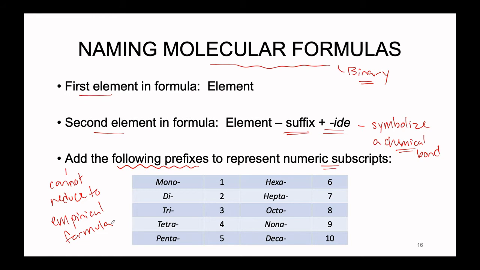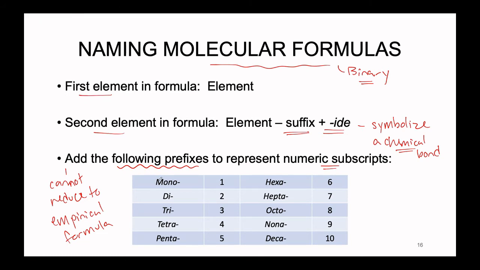And because we cannot reduce to the empirical formula, there's not going to be one kind of catch-all notation. We're going to have to be really explicit. Do you have one of your atoms? Do you have two of your atoms? Do you have three of your atoms present in that subscript? We're going to have to make sure that we include this prefix in order to tell us exactly what the